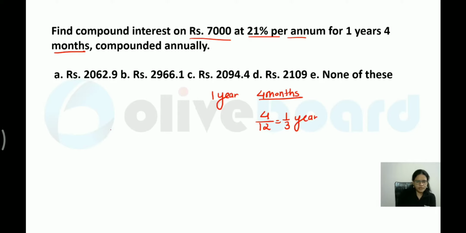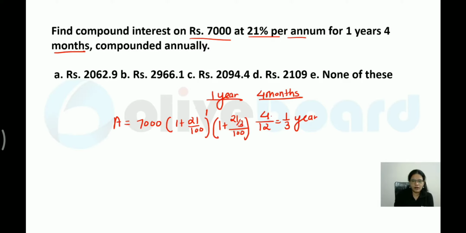So what would be your formula now? If I have to calculate the amount, the principal value would be 7,000. In bracket you write 1 plus 21 by 100 to the power 1, because 1 year is the value, and for the remaining part you write 1 plus 21 by 3 upon 100. So simple, here there will not be a power. Instead of the yearly rate of interest r, here you write r by the fraction. The same thing I have mentioned here. So what will you get in this case? 7,000, you can multiply this by 1.21, and this value you can check, this is 7, so it will become 1.07.